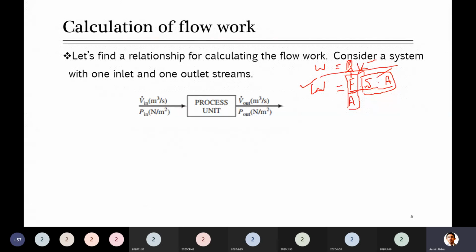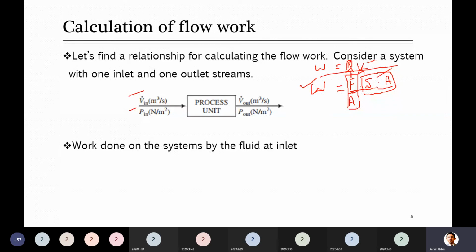length. Displacement means, guys, any length. So here that can be converted to the pressure into volume equation. Because most of the things which you will be discussing will have flow rates, those streams will be available at some volumetric flow rate, and they will have some pressure. So we can't mostly calculate work by using the simplest formula, F into S. Instead of this, it can be modified to get pressure into volume. So overall I can calculate the work with the help of the equation PV. Either PV or F into S, these are the same thing. They are used for calculation of work.